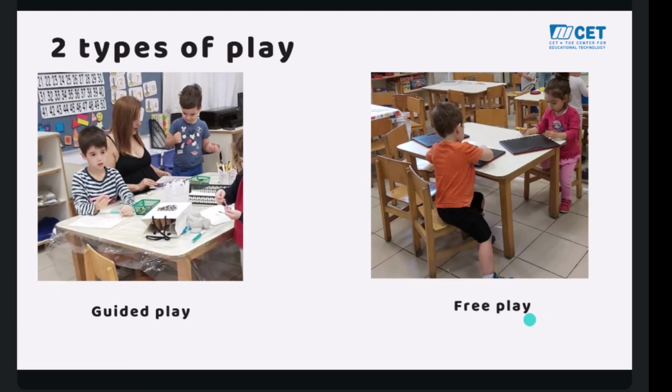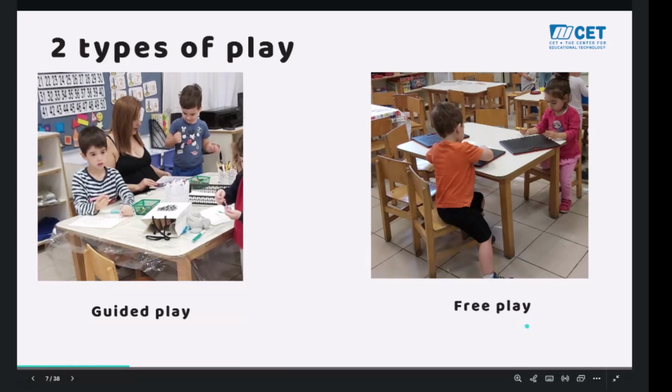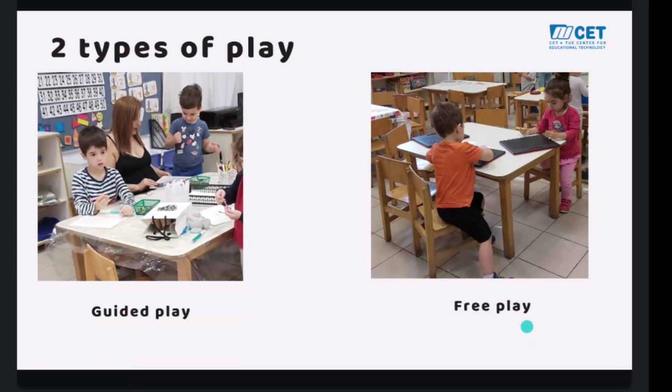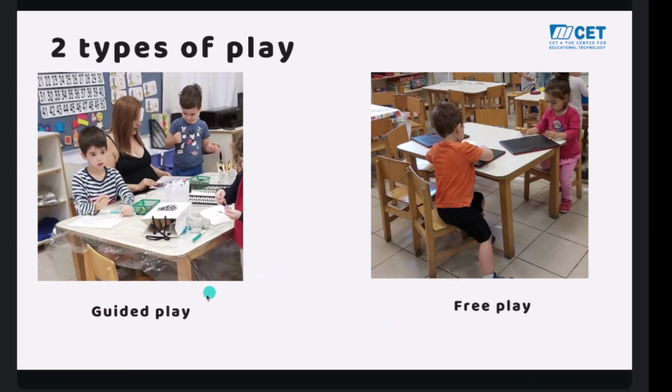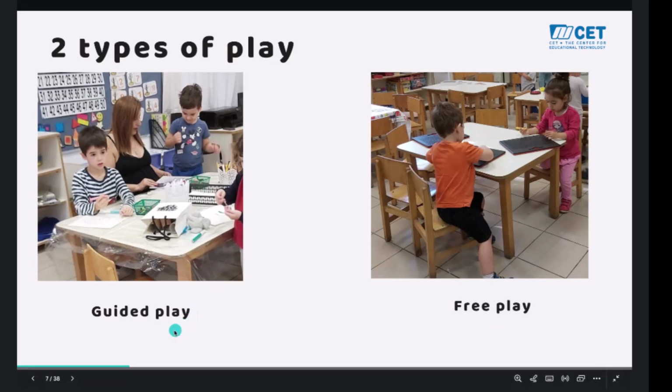So kids that arrive early to school play with their peers. On recess time, there are many opportunities where kids sit around tables and play together, or in the yard. And there are lots of learning opportunities there. And the other scenario or type of play is guided play, that we also know from the literature is very conducive to learning.